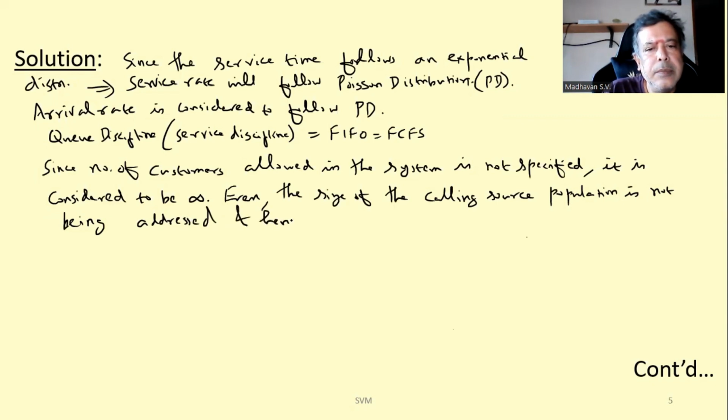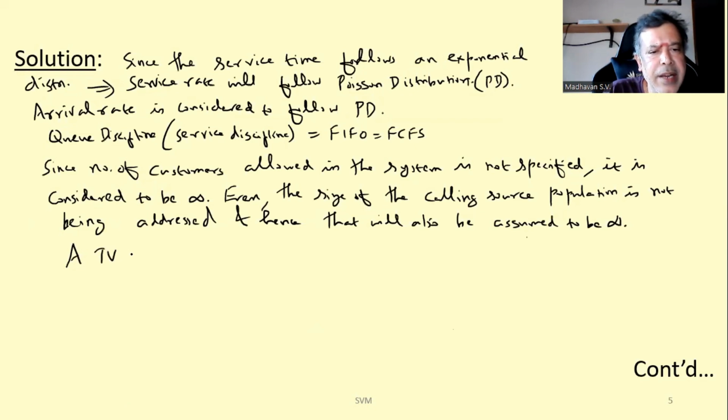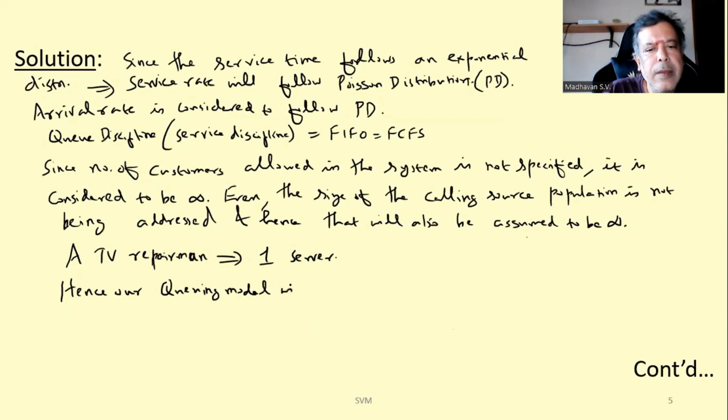And hence, that will also be assumed to be infinity. Then the question talks about a TV repairman, which indicates a single server. It implies one server. So hence our queuing model will be